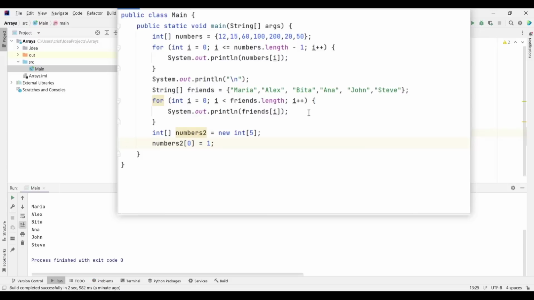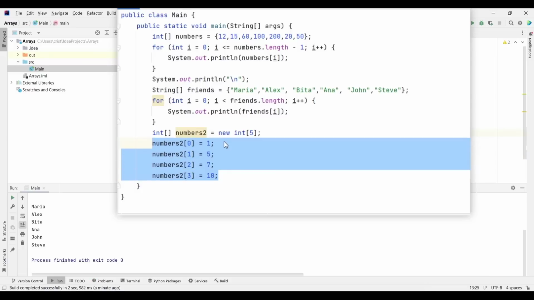And if I press Ctrl D a few times, now let's change this to 1, 2, and 3, and let's change this to let's say 4, 5, sorry, 7, and let's say 10. So this is another way to assign value to our array, and here I passed 5.